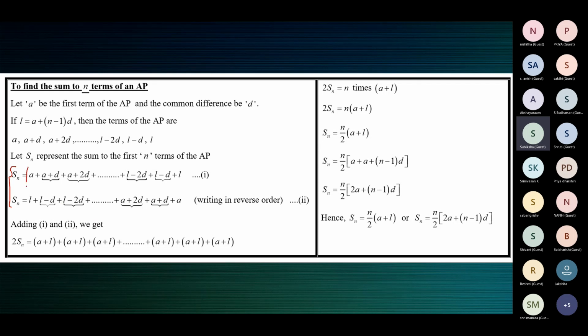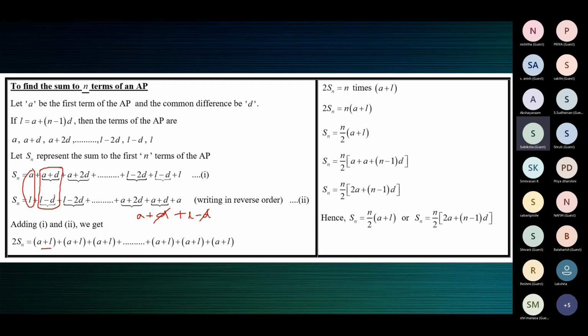What do you get? As we did earlier, children, the first term in both the rows gives A and L. I've used a bracket here so that it's easy to understand. Then it is A plus D plus L minus D. What is A plus L? A plus L. And below that we have the second term, L minus D. So plus D minus D cancels, A plus L. This is the second term in the first row, so I've used the bracket, you can see it.